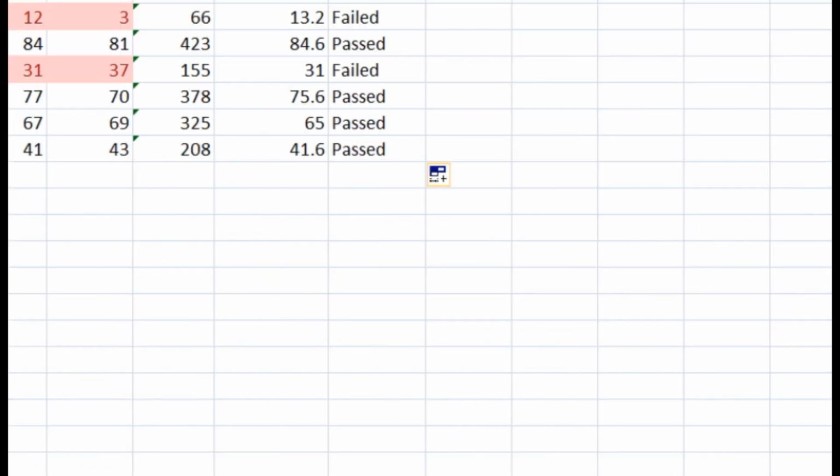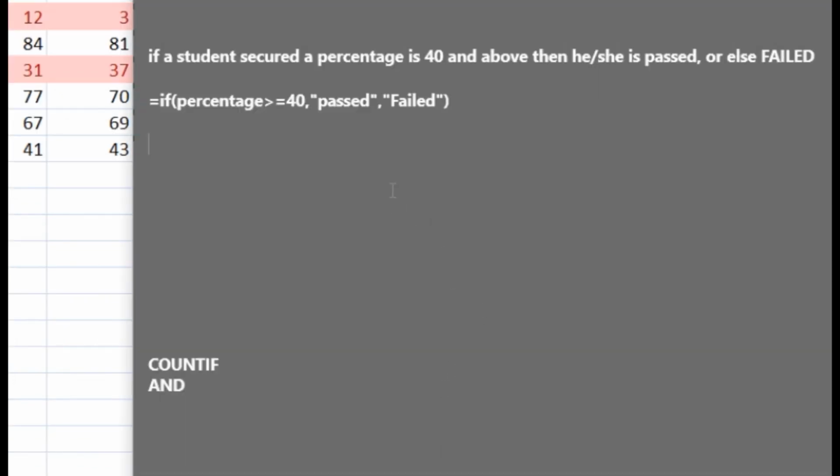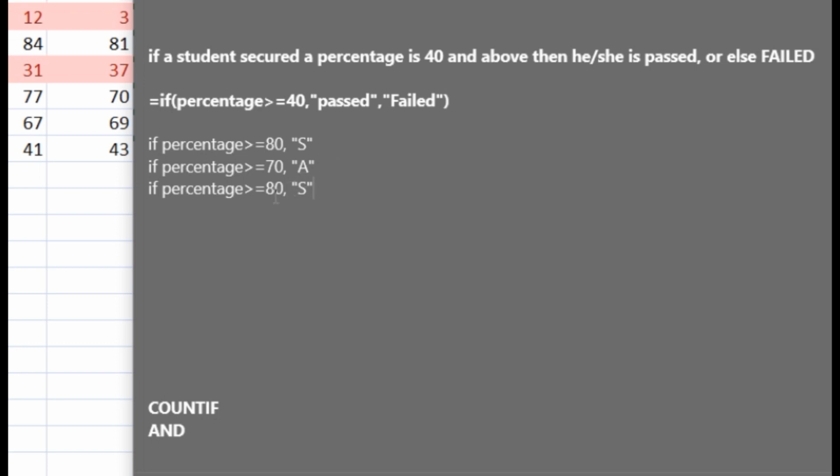Those conditions can be like, suppose if the percentage of that student is more than or equal to 80, that means 80 and above, we have to give S. And if the percentage is more than or equal to 70, then I will be giving A. And if the percentage is more than or equal to 60, then I will be giving the grade as B. Likewise,